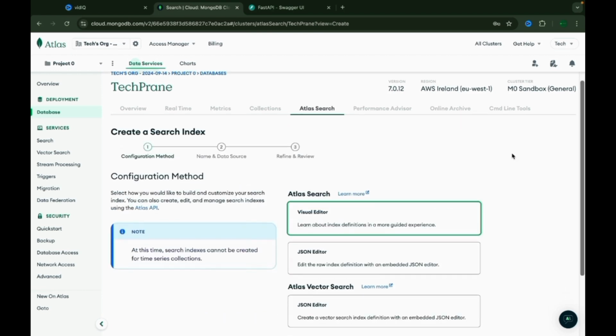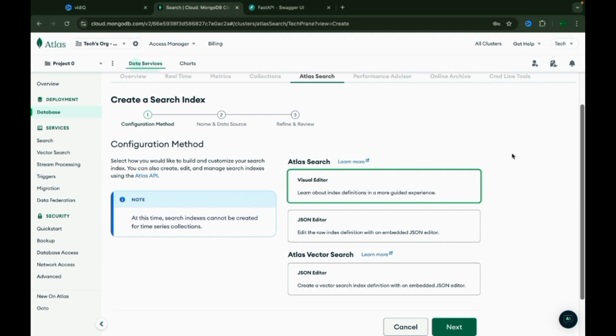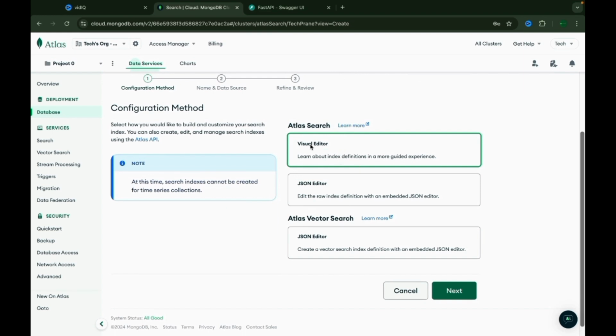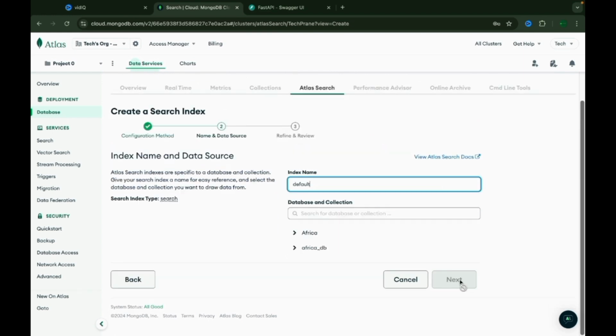So you click on create, and you'll be redirected to this configuration method. You select how you would like to build and customize your search index. You can also create, edit, and manage search indexes by using the Atlas API here. So here we are going to select this option. We are going to leave our index name as default. Atlas Search indexes are specific to a database collection, so you can give your index a name for easy reference and select the database collection you want to draw data